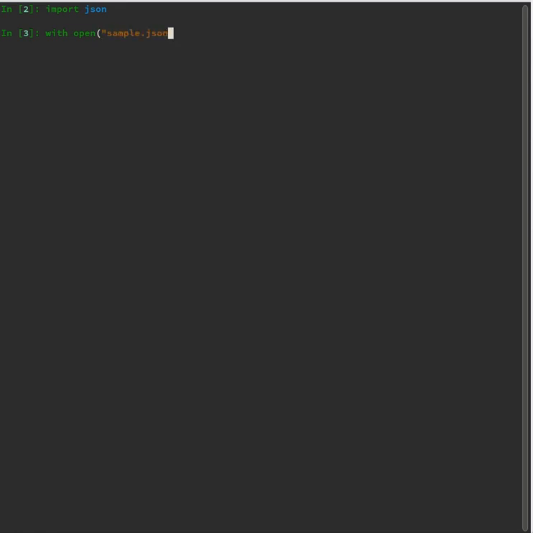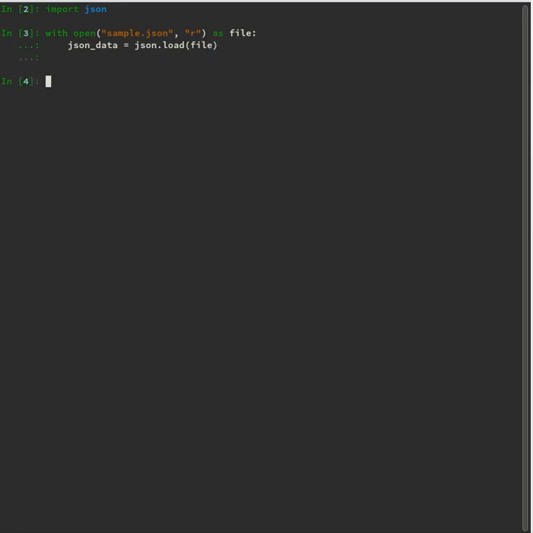So simple.json is our file, and I'm going to open it in read mode as a file. Once we open it in read mode, we have to load the file. So let's say json_data is equal to json.load, and we are loading the file like this.